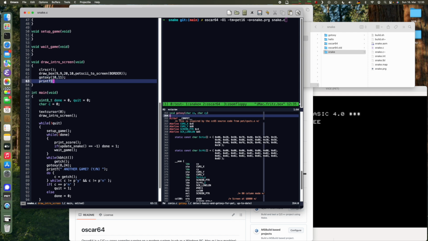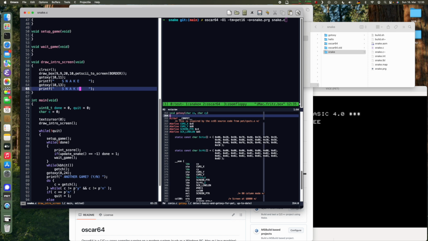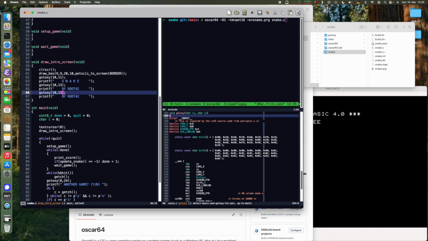and print the title of our game like so, which is 1, 2, 3, 4, and then snake, and 5 spaces in the end, I think, because we have 18 spaces in total. Then we'll go down by 2 to 10, 13, and we can copy that whole stuff, and we'll write something along the lines of by root 42. You can of course write your own name. I give you permission to do that for your own copy of the game, and some minimalistic instruction,